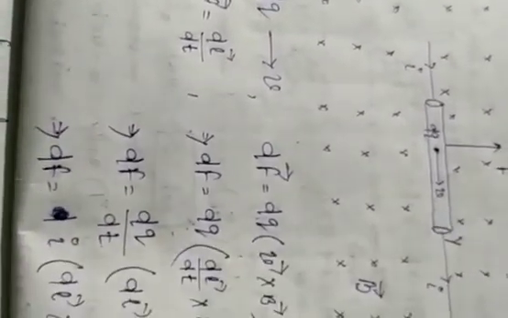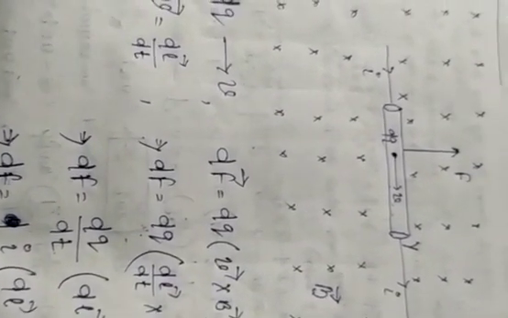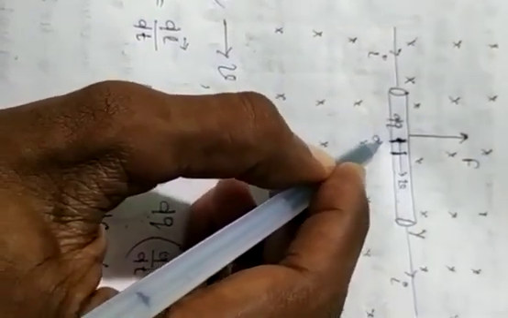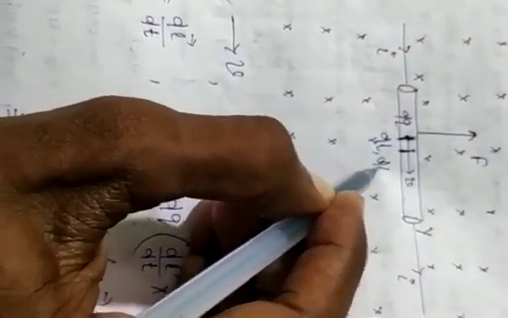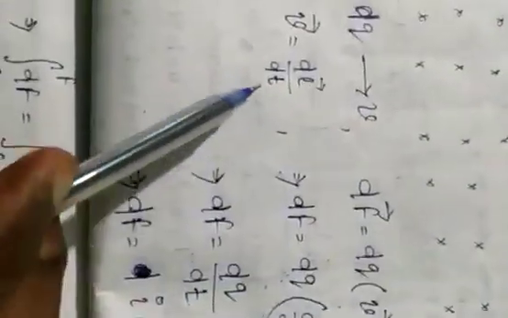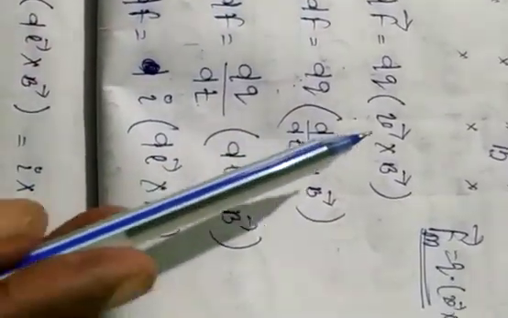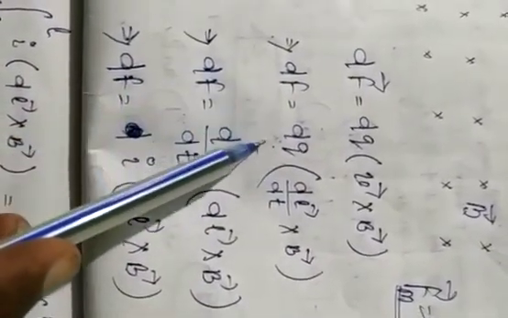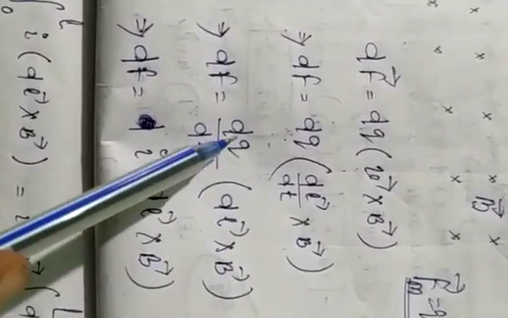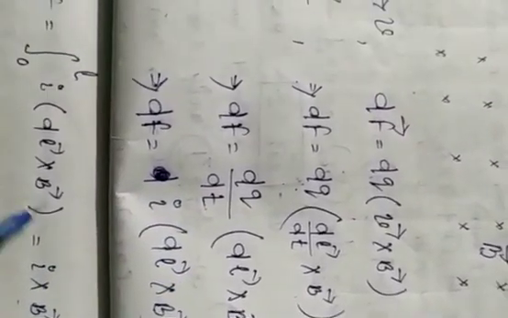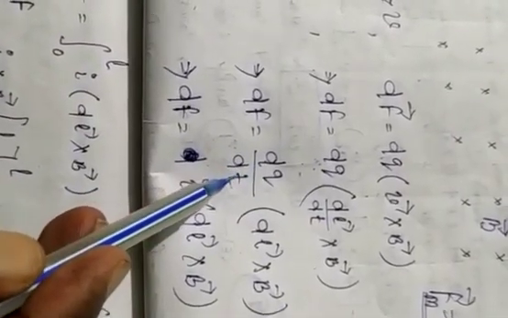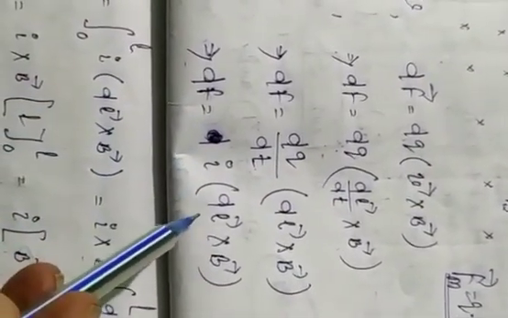So what is dl by dt? If the charge travels through a small distance dl within time dt, then the velocity of the charged particle is given by v equal to dl by dt. So putting v equal to dl by dt, we get dF equal to dq into dl by dt cross B. Now taking dt outside, dq by dt into dl cross B. But as we know, current I equal to charge upon time, so dF equal to I dl cross B.